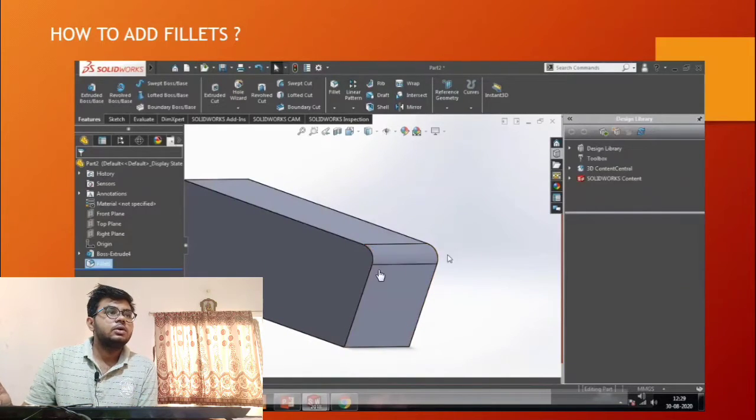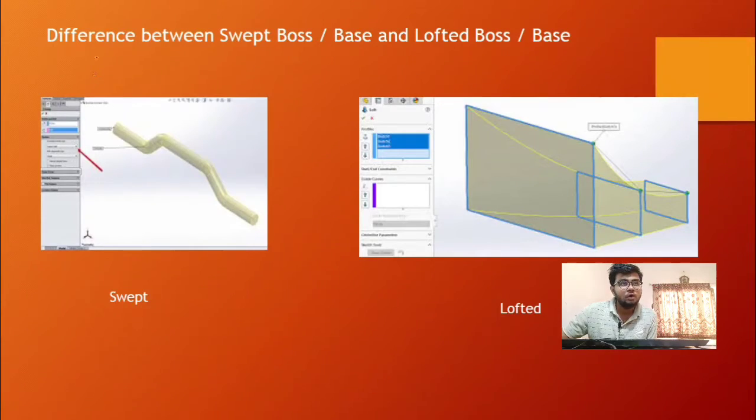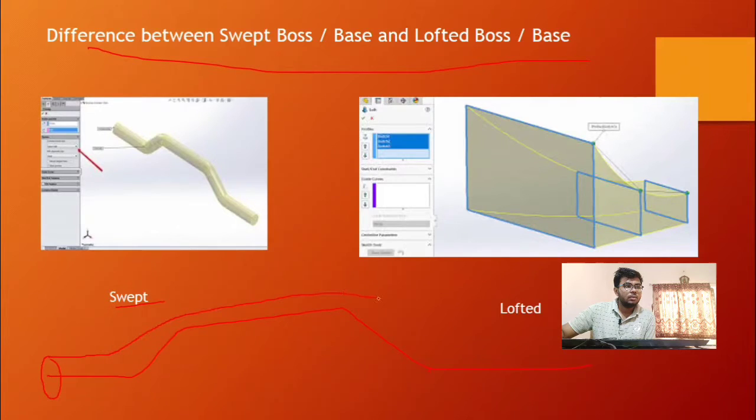Now lofted boss base. You can see here there is a path like this one. I am talking about swept first. I want a circular profile along that path, so it will look something like this.